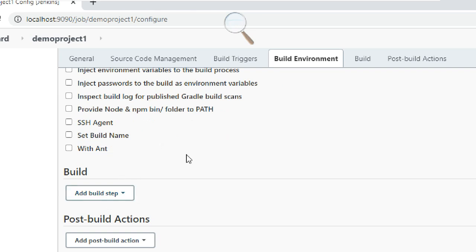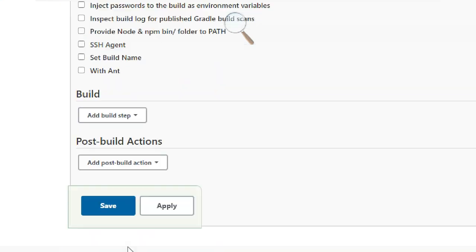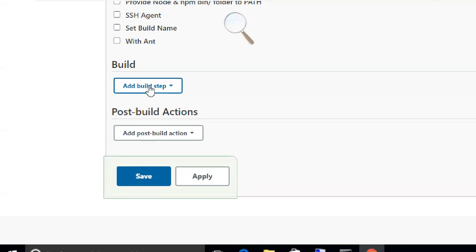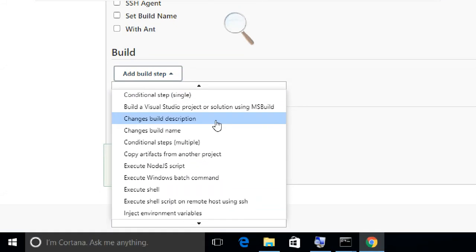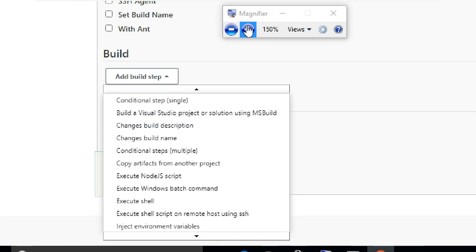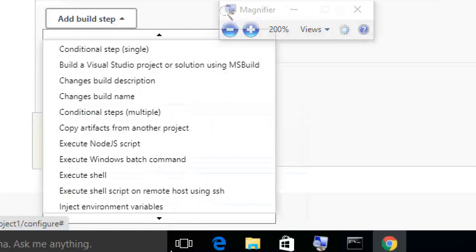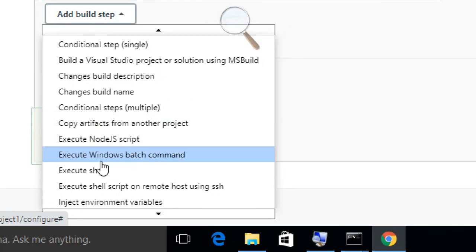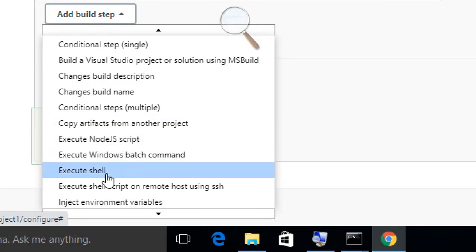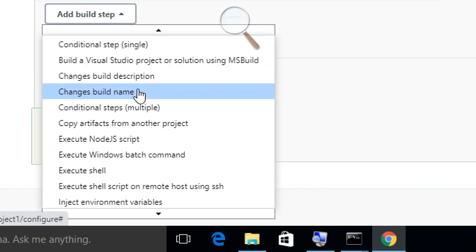This is a build step. You can click here, build. You can see build and post build actions. I'm going to do build only, and you can see a lot of options here, depending upon your language and other build things. Like if you created a Node.js script, or you execute a Windows batch command, execute shell, bash shell kind of stuff.